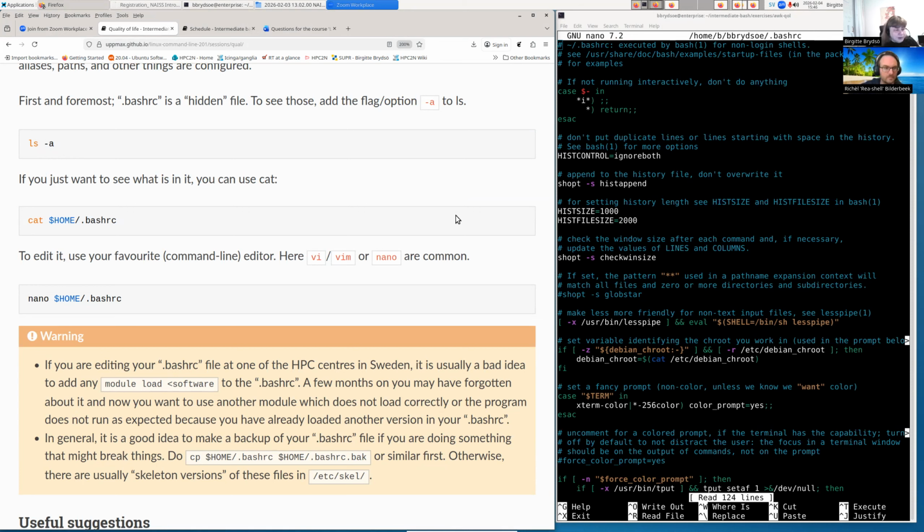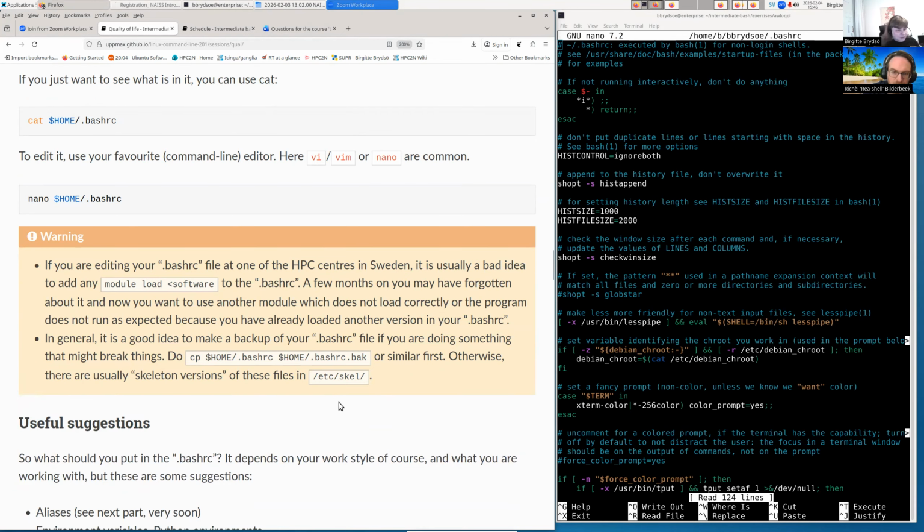You can instead make module collections. And you can read about that in the Selecting Software Modules program, of the course material that we had yesterday. Another thing is, if you are making changes to this configuration file that is controlling how stuff looks and works, you should do a backup. So you could copy it to